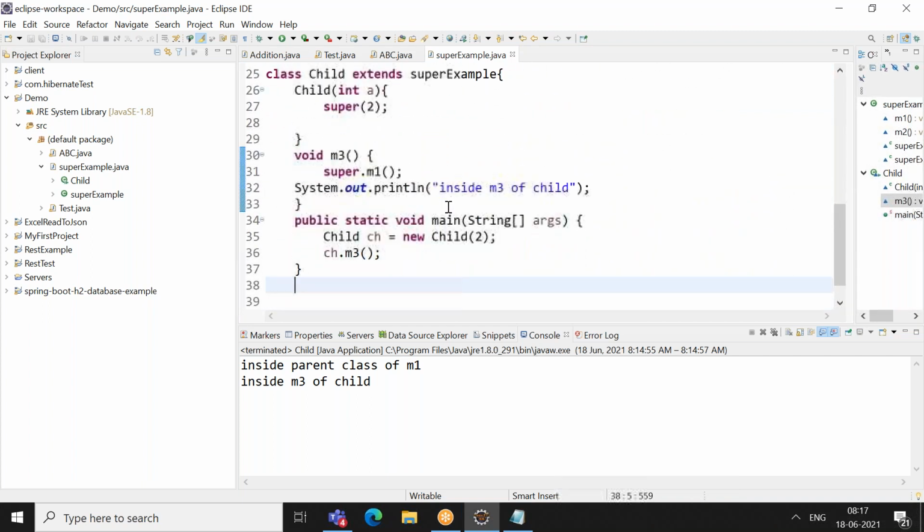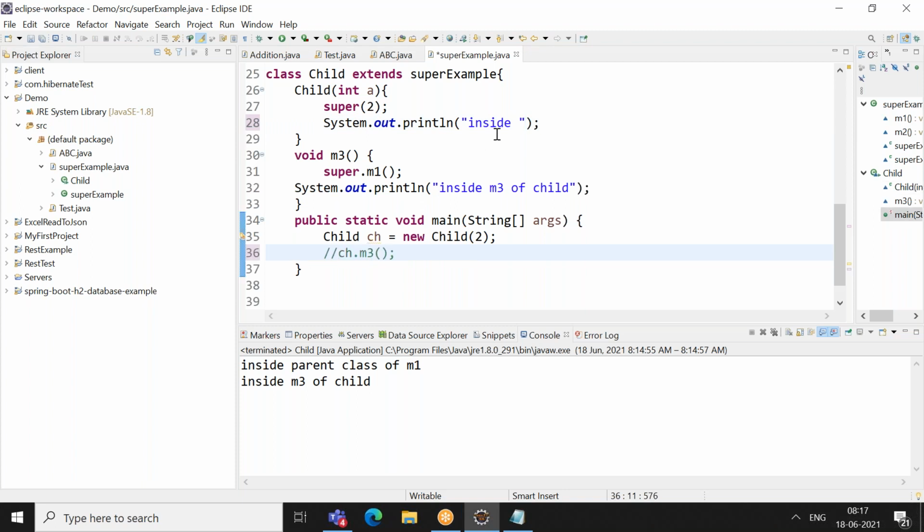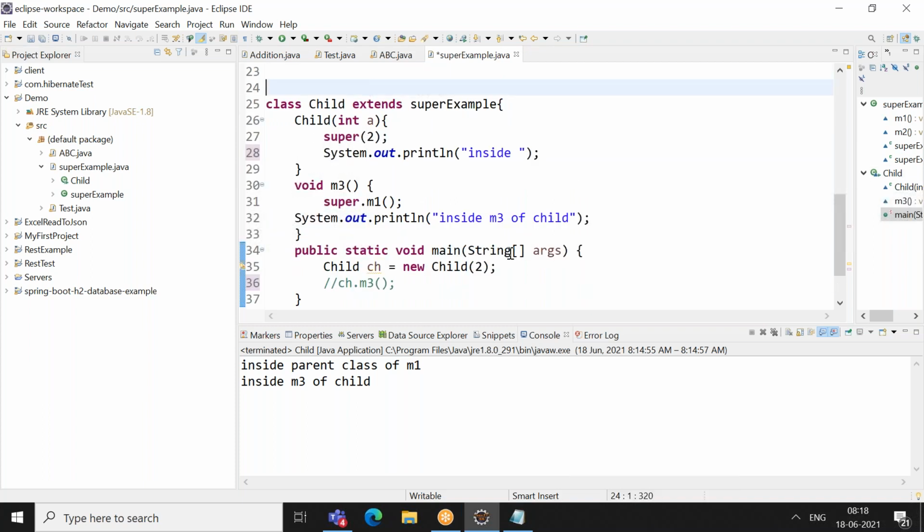So what will be the output? Do not worry about anything. So can you tell me what will be the output?